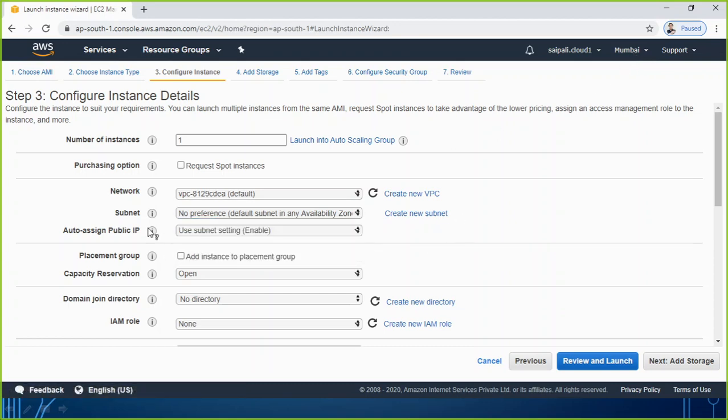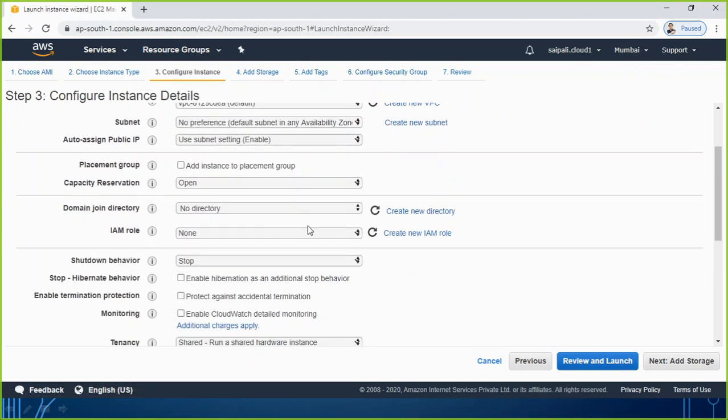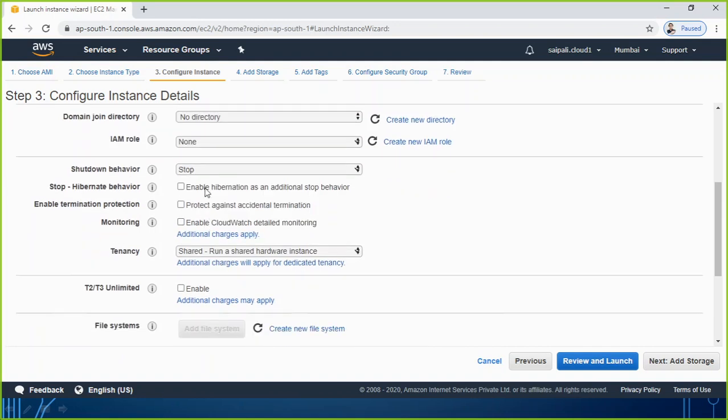So I will leave default and then I continue here. One more thing maybe today I can add here, because maybe if you want to see one more option today which I have not discussed in the last session, protect against accidental termination, I can at least enable this one. At the end of today's lesson I will show you the benefit of using it. So I'm just adding one extra thing which I did in the last practical, just protect against accidental termination.